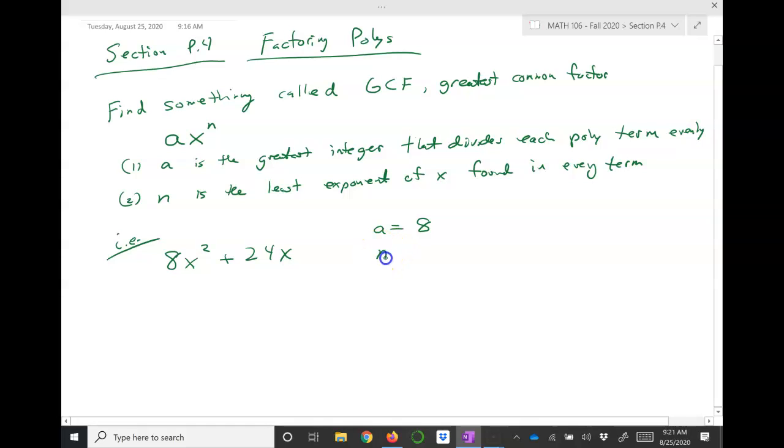And then what's n in this case? So it's the least exponent between the terms. You said 1, right? Yeah, it's 1. So if we wanted to write out a greatest common factor, it would be 8x. Now, should I put a 1 here as the exponent? Nah, if you just see x, we assume the exponent is 1. So that's 8x. That's the thing we're going to factor out. All right, so we put that out here in front, and then we're going to have in parentheses